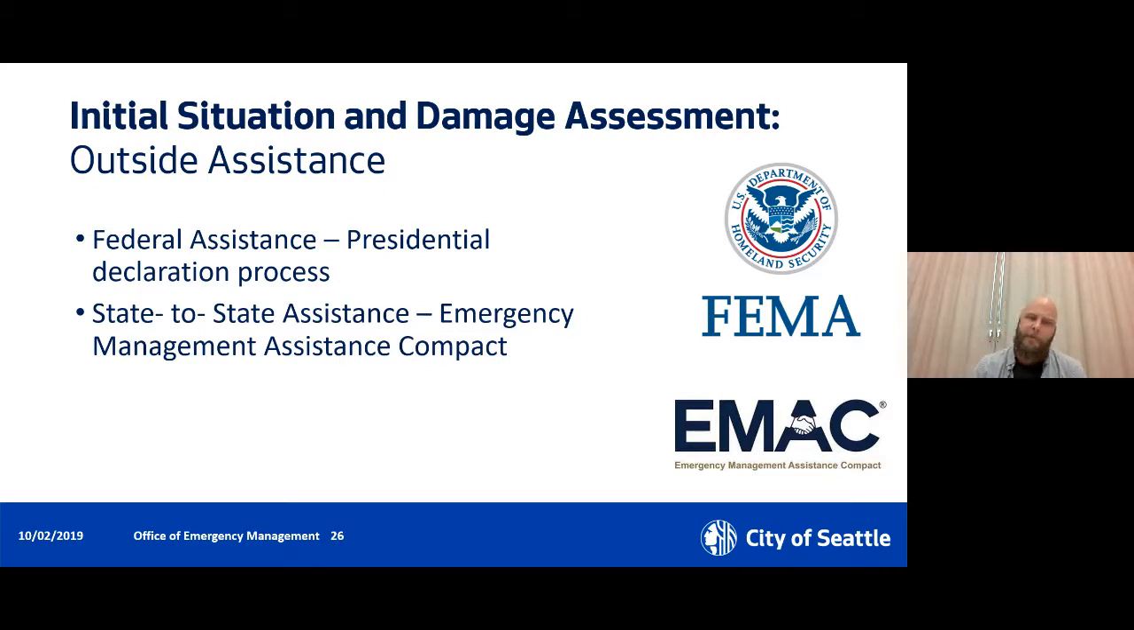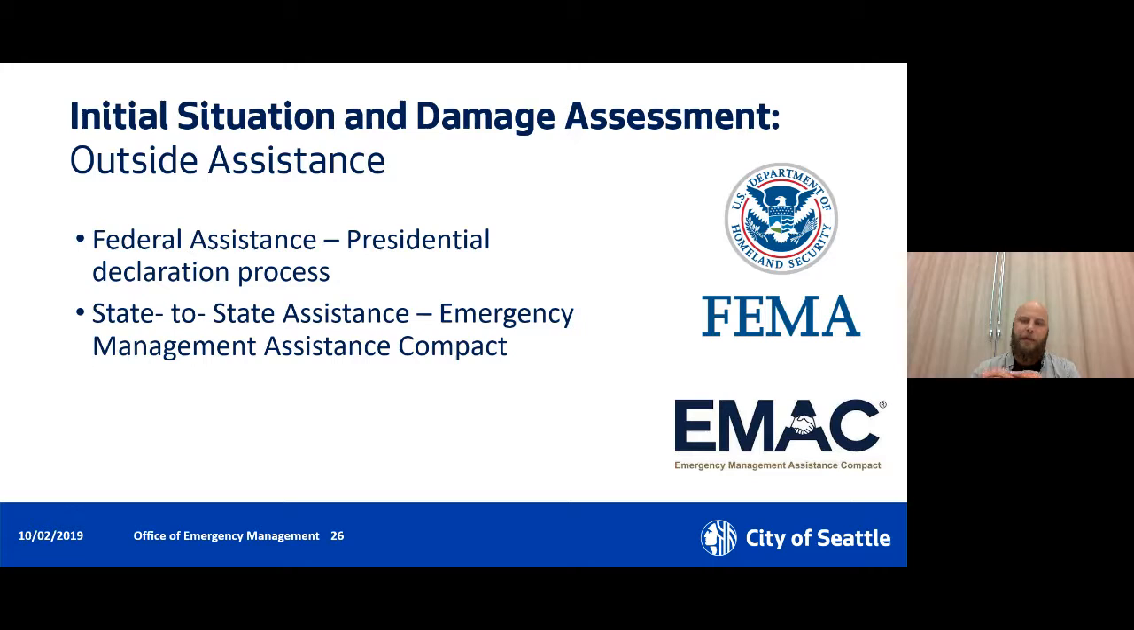The big one that I think a lot of people don't know about is state-to-state assistance, and a lot of assistance that comes in during catastrophic events really does come from other states. So Washington State is part of the Emergency Management Assistance Compact, which is an agreement amongst all 50 states. And that's where we can put a specific ask out through our Washington State Emergency Management Division, which they can then put out to all of the other states that participate in this program,